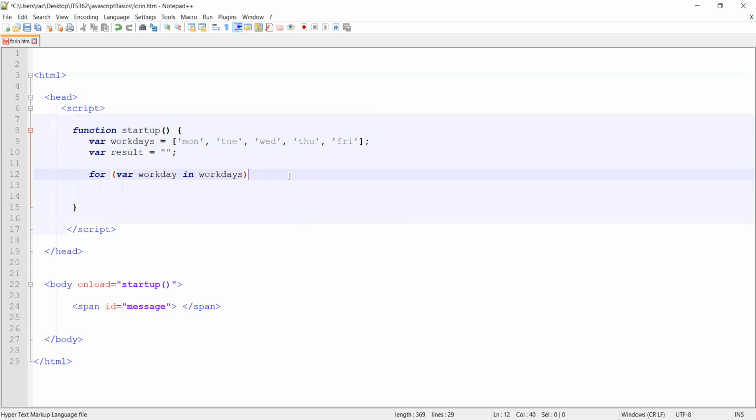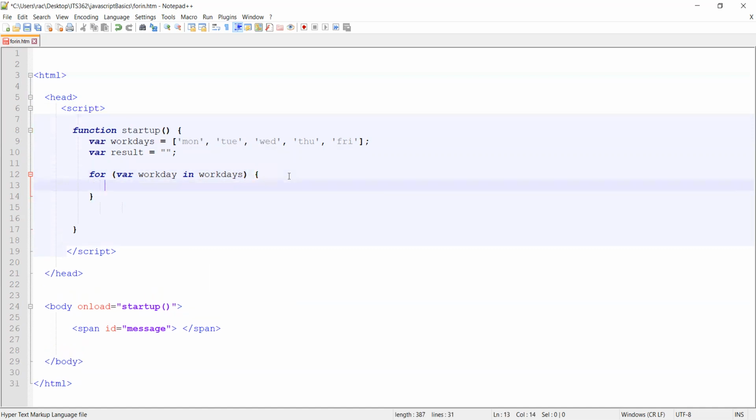Now that I've done this, I can add my curly bracket here. And then I'm going to say result, which is the variable where I'm concatenating things. I'm going to use the plus to concatenate. And now I want to add workday in there. So I just want to add workday, plus maybe,